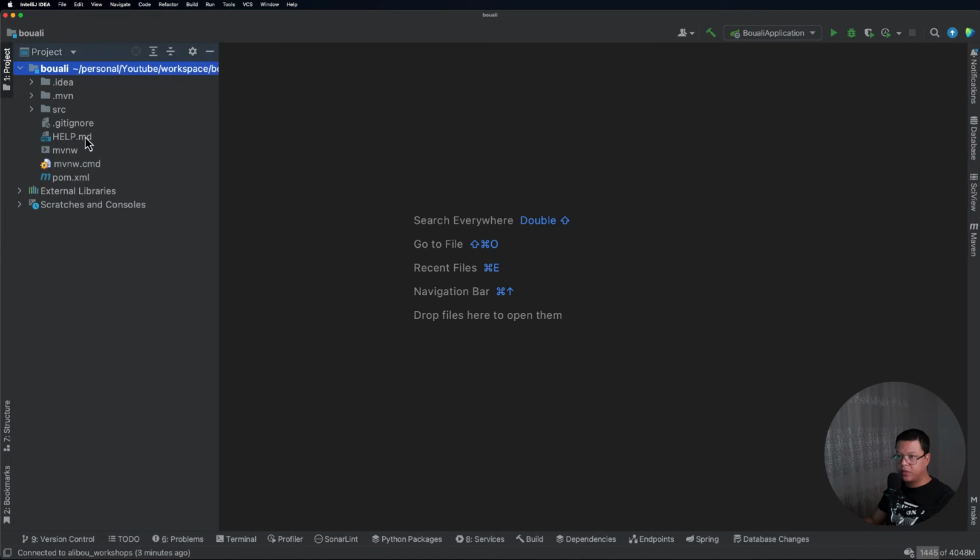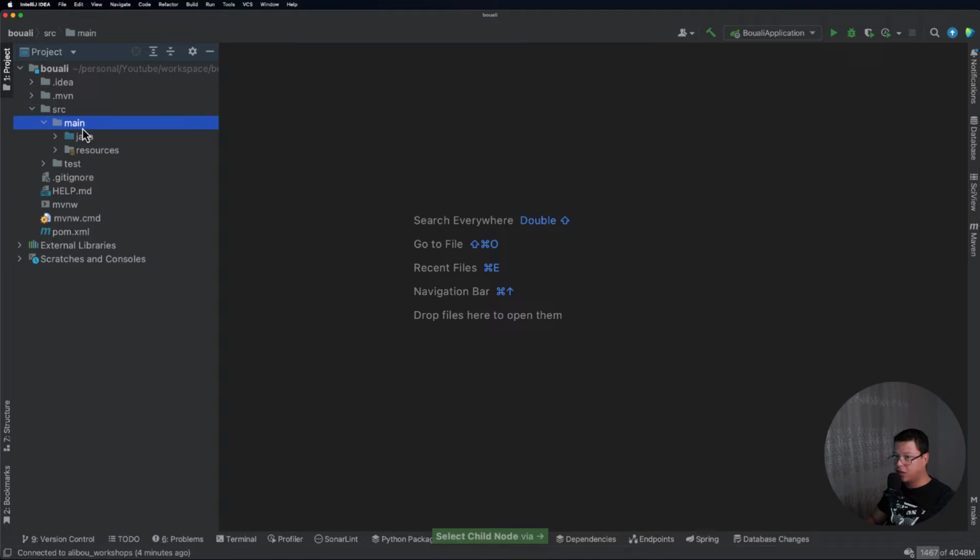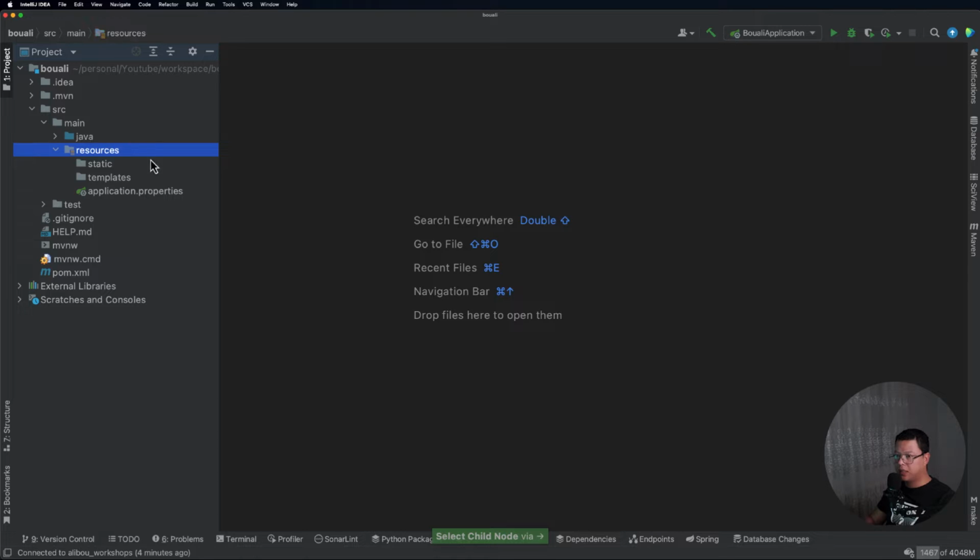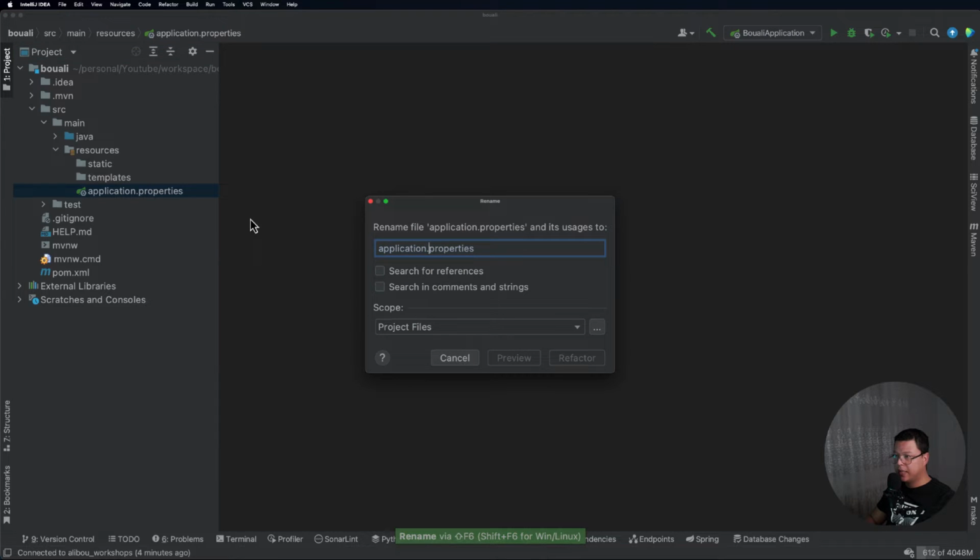After connecting to the database, what we need to do now is to configure the connection, to tell our application to connect to the database we just created. The first thing is, let's go ahead and use YAML representation. So here you can use YAML or YML.